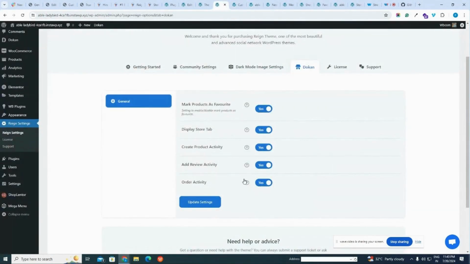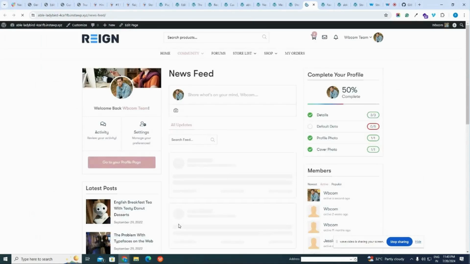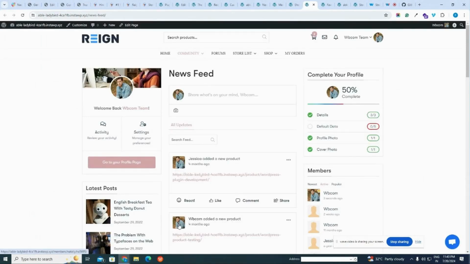Next, if someone has posted a new product, there will be an activity for that on the community profile. This will actually boost the sale of the products one is selling on your website, because each and everyone will land on the site-wide activity page or the newsfeed page if they want to share their ideas or communicate with the community members.